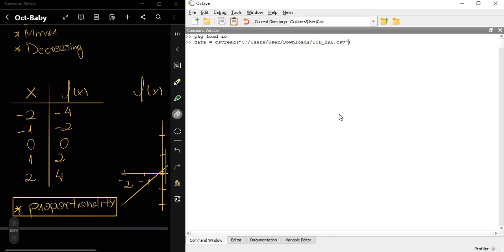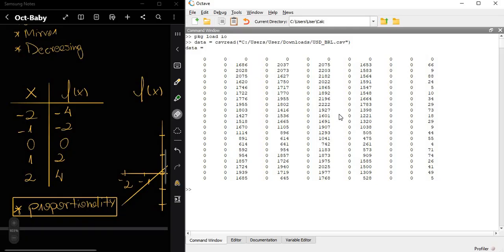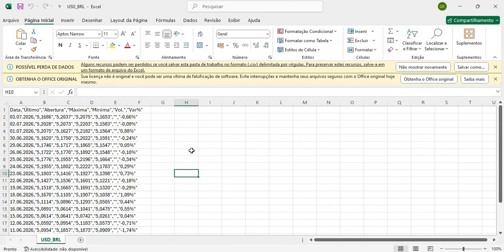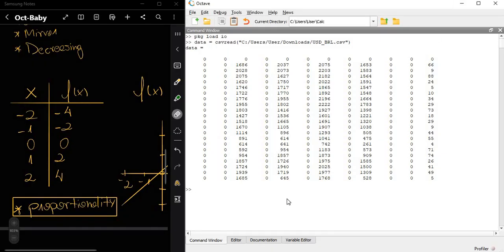Okay, now enter. Okay, very nice. So as you can see, we are importing this data right here into Octave. And now we can plot this data so we can see this data instead of doing an analysis of the numbers.